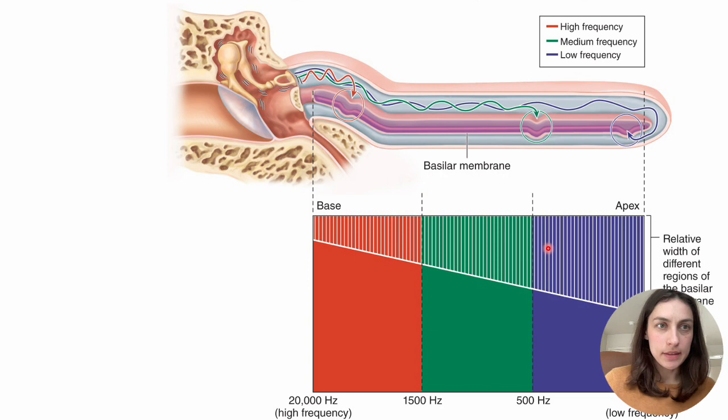Here is, I should have moved the picture over, but you can see that we're trying to tell you that the basilar membrane is stiff over here, and so it responds better to the higher energy, high frequency waves, which are high pitch, and at the apex, low energy, low frequency. And in the middle, it is medium frequency wavelengths.